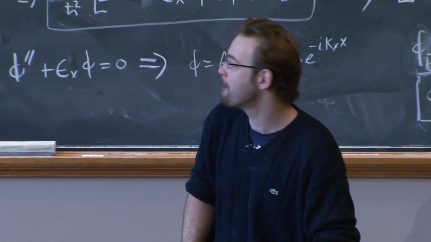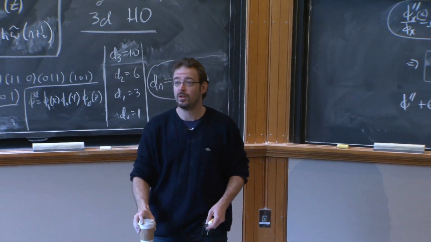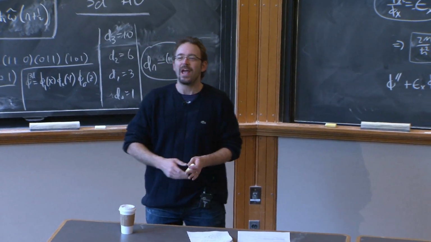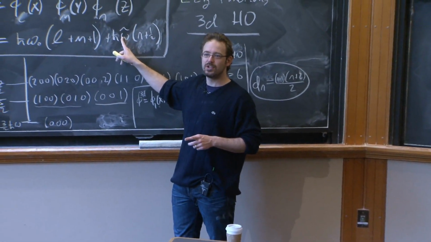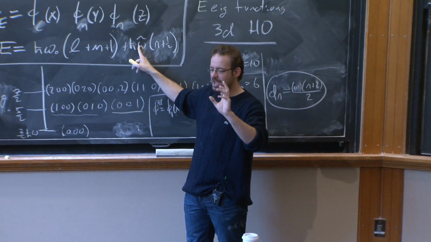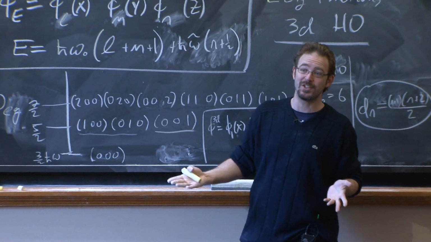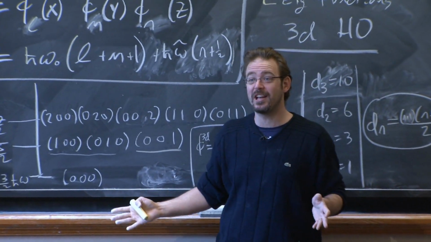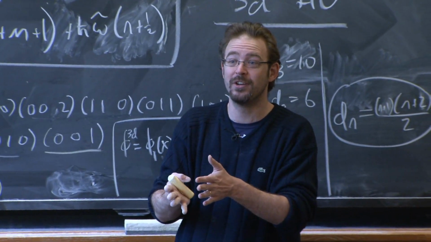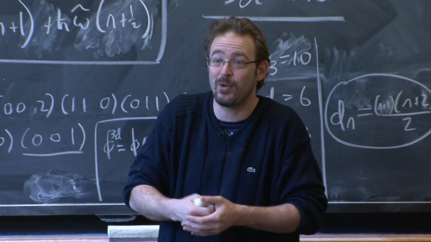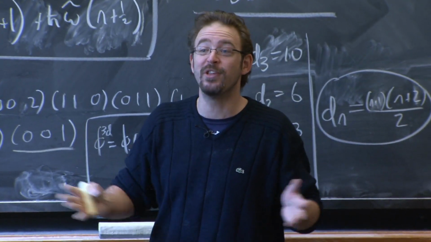Yeah? So if you set a different omega to each quantum number, there is still a possibility to get a degeneracy. Exactly. That's an excellent question. It's possible for these omegas to be specially tuned so that rational combinations of them give you a degeneracy. But it's extraordinarily unlikely for that to happen accidentally, because they have to be rationally related to each other, and the rationals are a set of measure 0 in the reals. Right? So if you just randomly pick some frequencies, they'll be totally incommensurate and you'll never get a degeneracy.